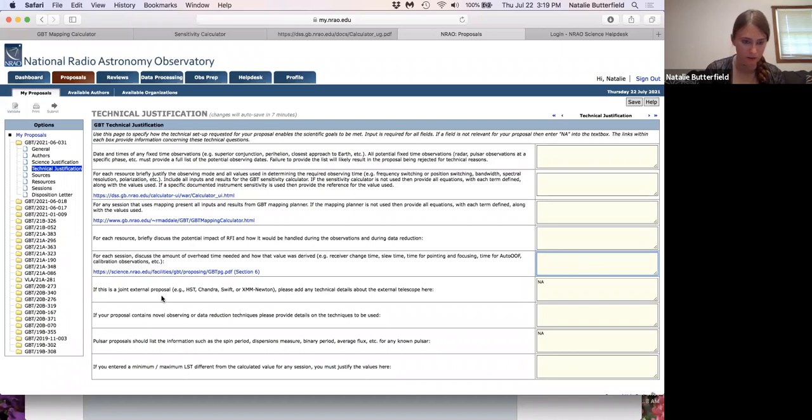All right, so we went over the joint proposals. This next one is about either novel observing or data reduction techniques. If you're a new observer, you probably will not be doing anything that's a new type of observing session, but if you have a new technique or style that you want to try out and you're unsure of what type of information to include on this, please reach out to the scientific staff. That's why we're here. We can help walk you through